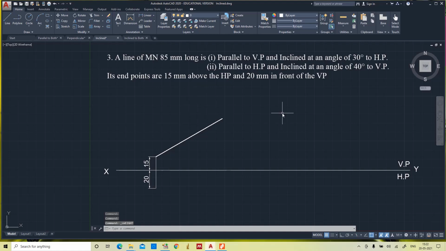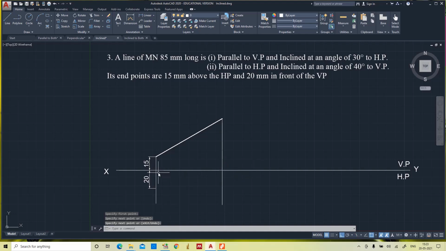And coming to the top view, when the inclined line is observed from the top, draw the projectors from both the ends. Now I am going to draw the projectors. This end and this end.